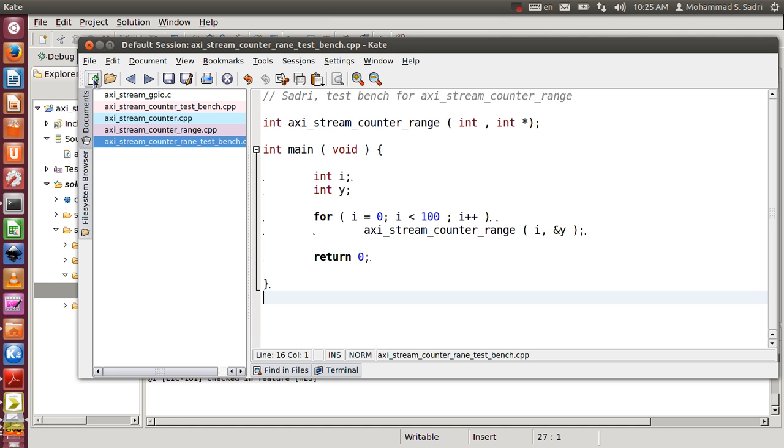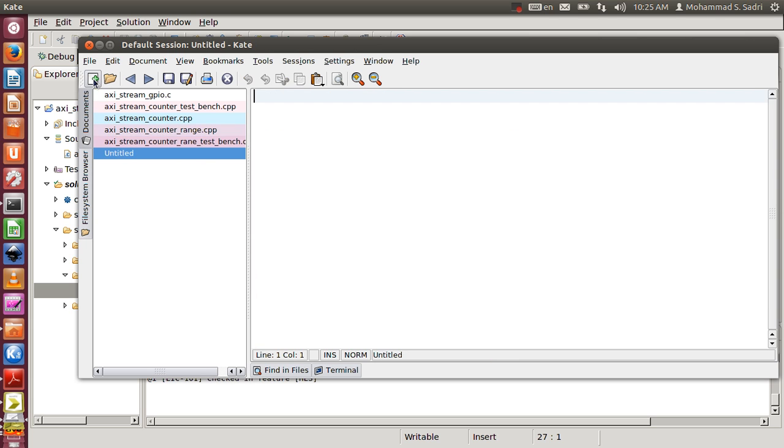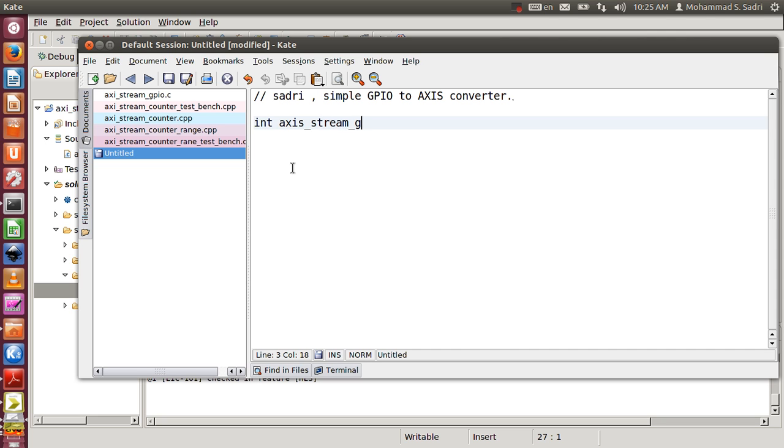So, and we don't evaluate it, I just write the code. And I hope I do it correctly. Sadly, simple GPIO to AXI stream converter. Okay, and int AXI stream GPIO,